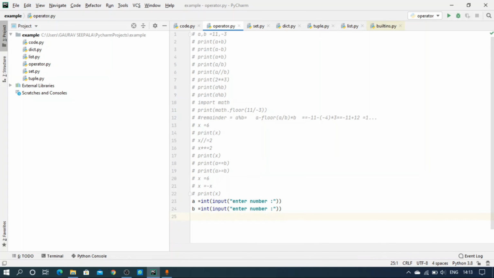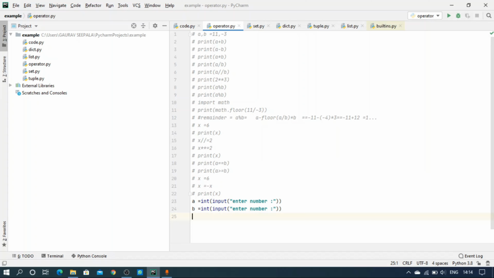So now how can we verify whether two numbers are even or not? Generally by doing modulus by 2. If the modulus of a given number by 2 is 0, then we can say that the number is an even number. If not, then we can say that it is an odd number. So we have two conditions here. We have to check whether both of them are even or both of them are odd.